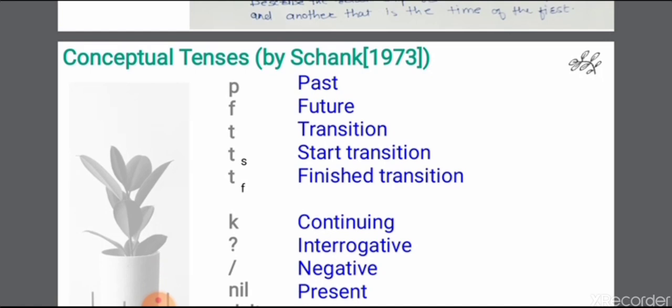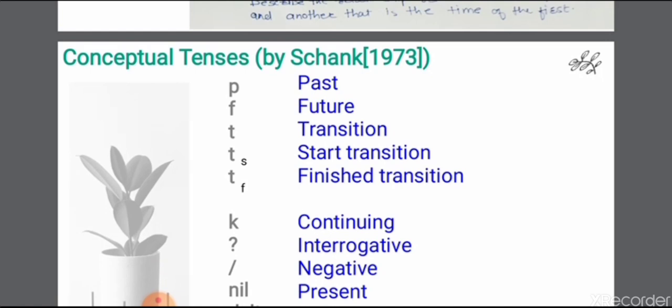are included in every kind of sentence, because there are some things which occurred in the past, there are some things which are going to happen in the future, and there are some things which are happening currently. So to represent this, we have tenses in any kind of language. Okay, so how are these tenses represented?